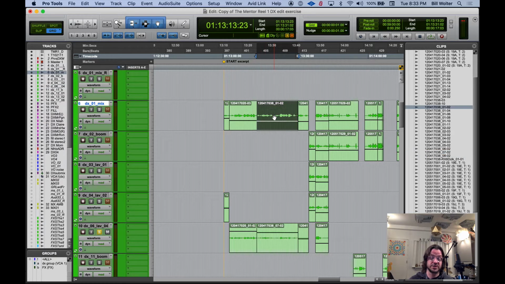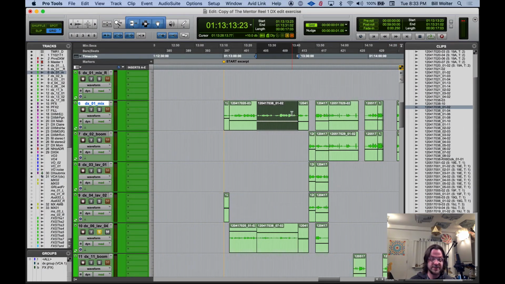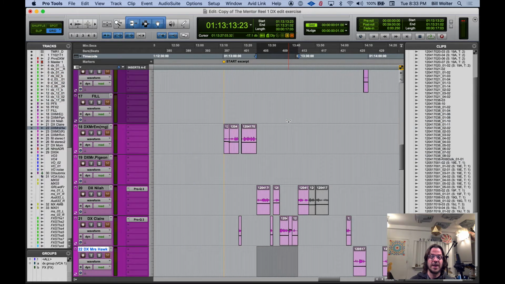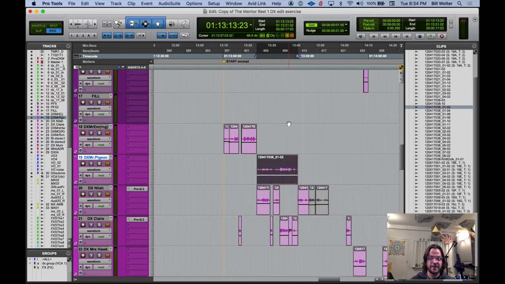So what I would do again, just to repeat the process, I hit C, just C, because I'm in keyboard focus mode here, right? Edit keyboard focus mode. Hit C for copy, and then semicolon goes down, and then I would just paste that on. This is a dialogue now between Nyla and Claire, right? So what I did then, I just pasted it on there, and then I would divide it up. So I took this and I chopped it up here, put Claire on there, put Nyla here, Claire, and so